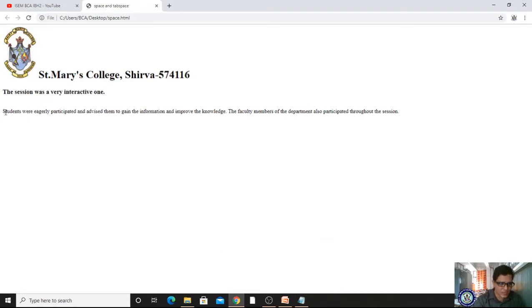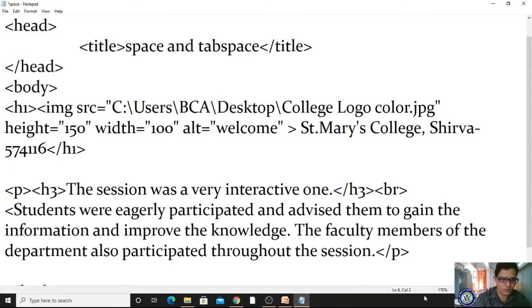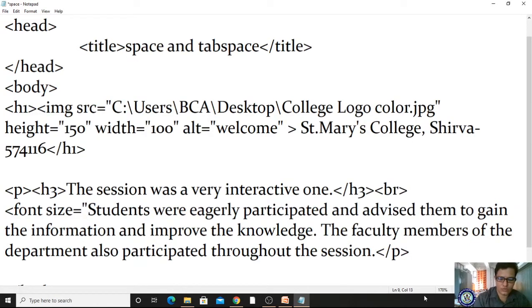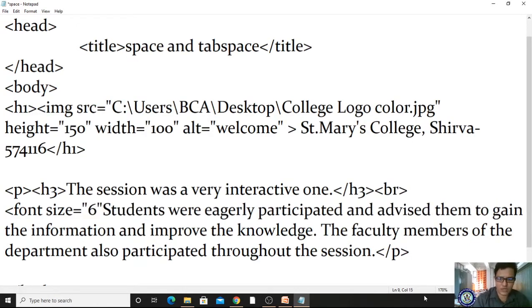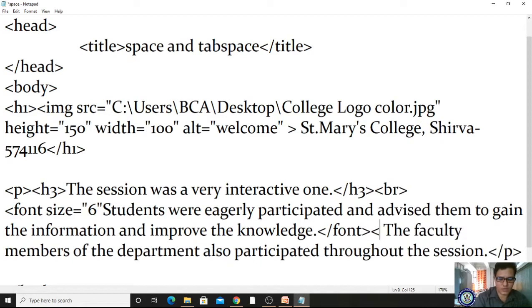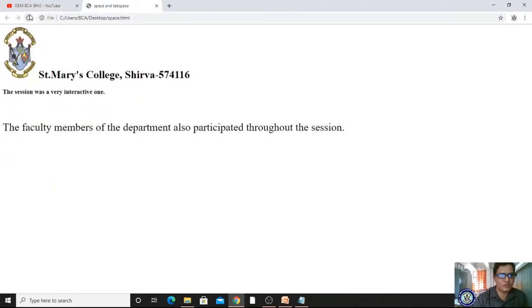For better understanding, let me make this font size, I'm taking the font attribute, font size equal to 6, and where it ends I will close here. Now let me check. Afterwards I will give the break tag. Now I'm saving the file, coming to your browser and refreshing.